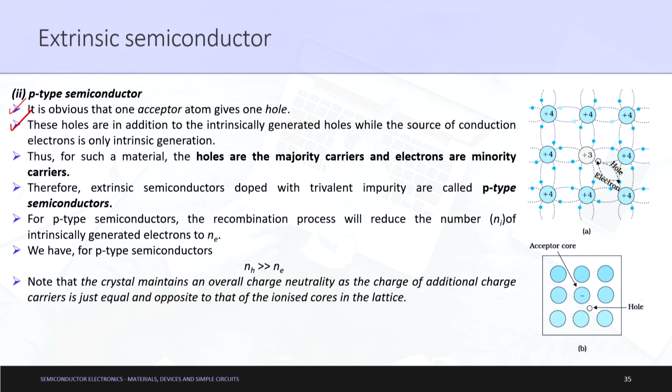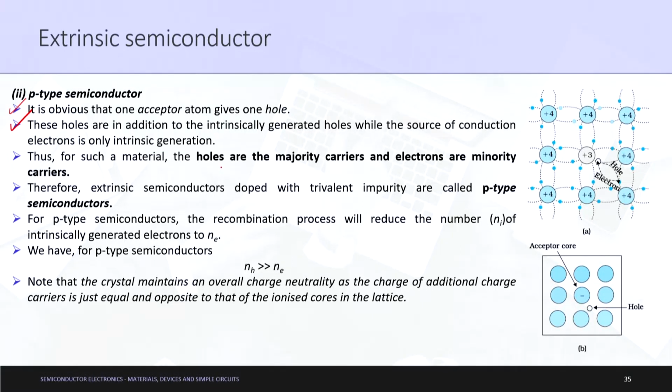These holes are in addition to the intrinsic generated holes, while the source of conduction electrons is only intrinsic generation. Okay. So, what does it try to say here? Till now we have not understood the concept of intrinsic generation, in which we say that the holes are being generated due to the increase in temperature. But if we say as a whole, in p type semiconductor the generation of holes happens first due to the trivalent impurity, and second due to the increase in the temperature also. Thus, for such a material, the holes are the majority carriers and electrons are the minority carriers,